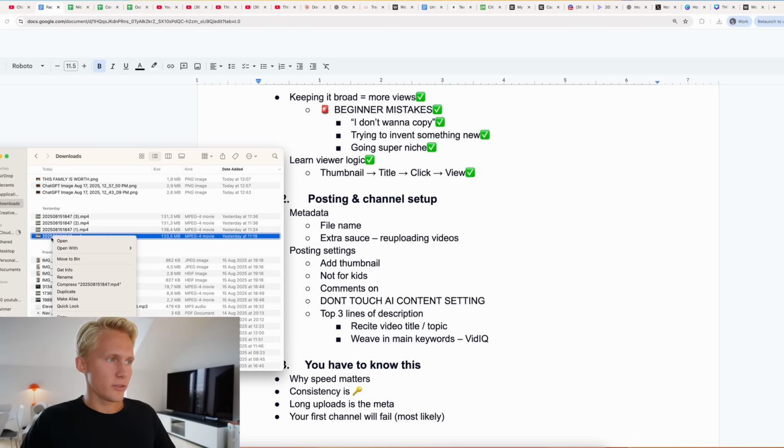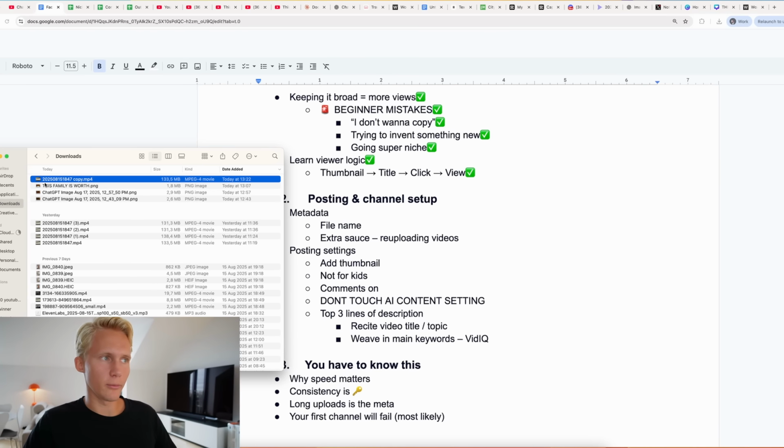I would just duplicate the file first of all to make sure that it's fresh on your computer, not straight from CapCut, and then I would take the title of your video and simply use that as the file name. So you do that with the video itself.